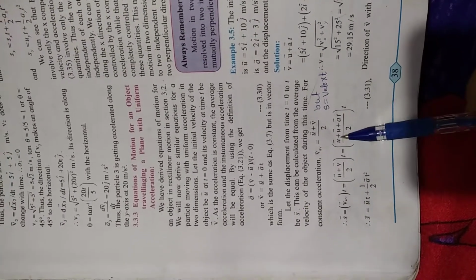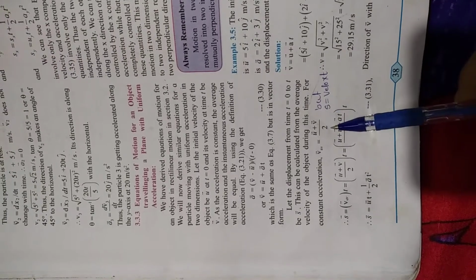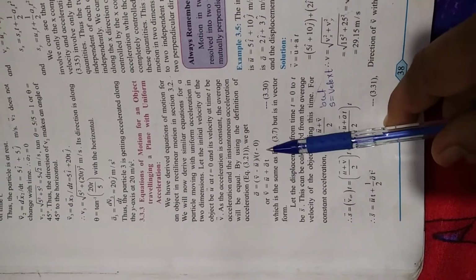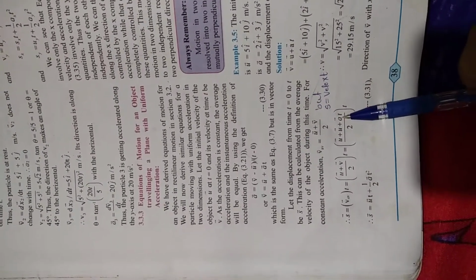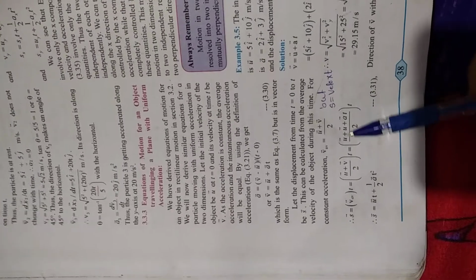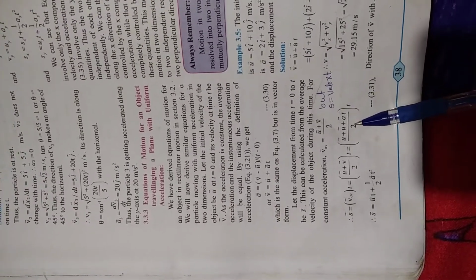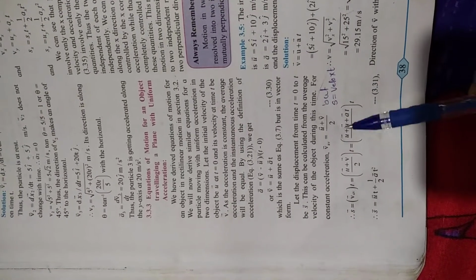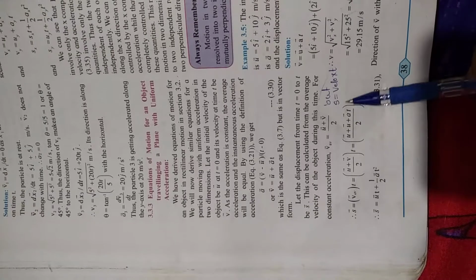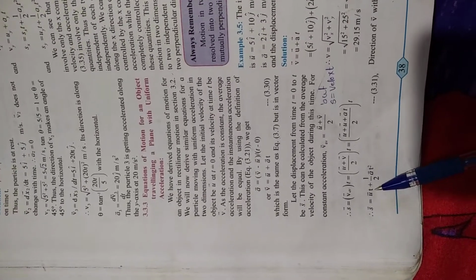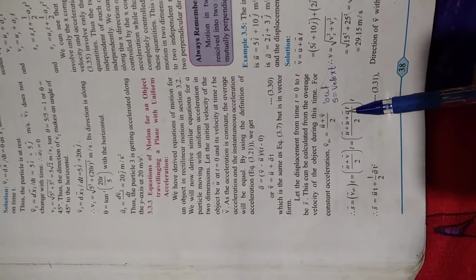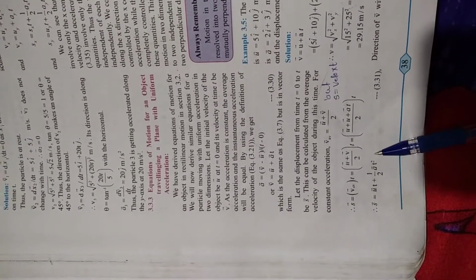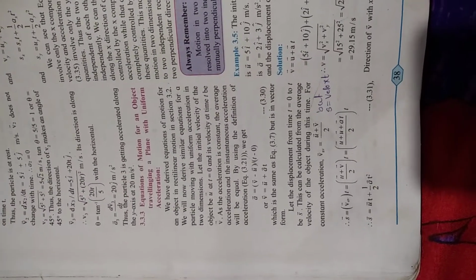Now u will remain as it is. v is u plus at, so we will put here u plus at. Now if you simplify, what do we get? 2u plus at divided by 2 into t. So if you simplify, we get 2u upon 2, so 2 will get cancelled, only u remains. u into t, we get ut. Similarly here, at upon 2 into t will be t square. So we get half at square. S equal to ut plus half at square.